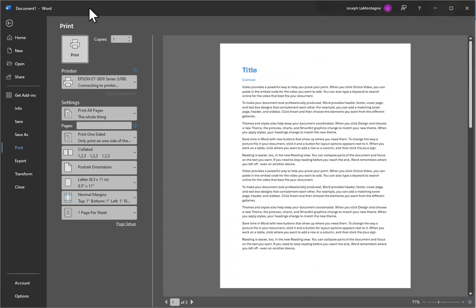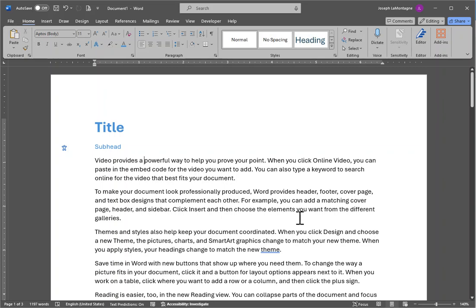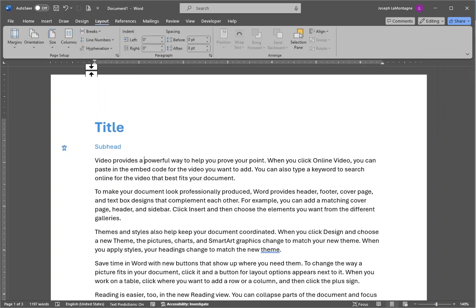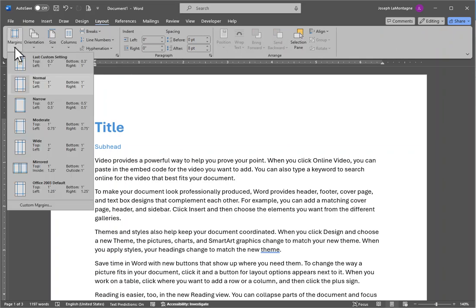So I go back to print preview. If I hit this little arrow here or the escape key on my keyboard, it would bring me back to the original document. If I go to layout, this has some things you may need to work with. If I want to change the margins, by default, Word has 1 inch all the way around, so top, bottom, left, and right. If you want things a little narrower, you want them a little tighter, wider, you can choose